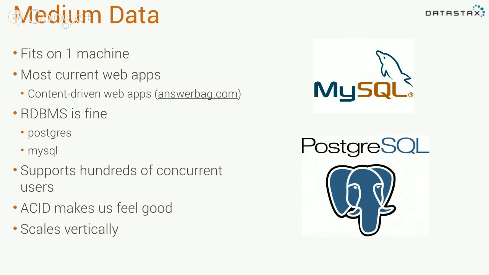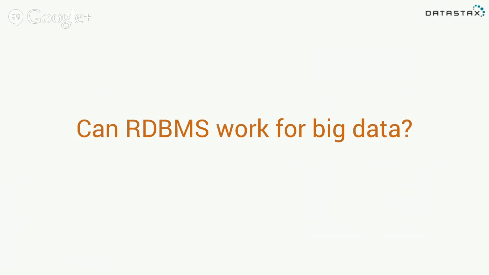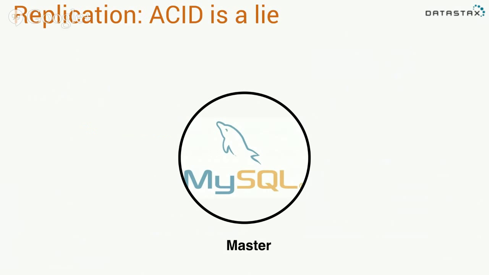But the challenge here is, how do we take a relational database, or really any traditional database that we're used to using, and bring it into the big data category? What do we have to do? How do we arrange our servers? How does it scale up? So the first thing that you'll find is that ACID is a lie. You cannot effectively have ACID in a database system when you decide to use replication.